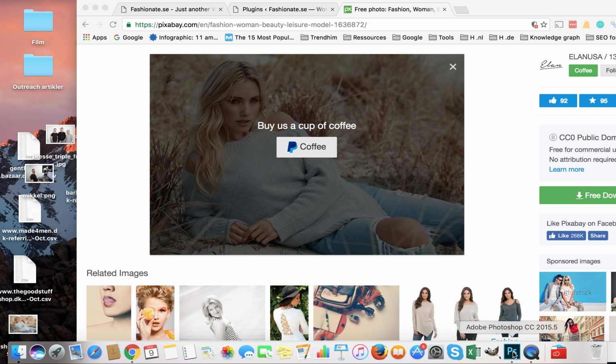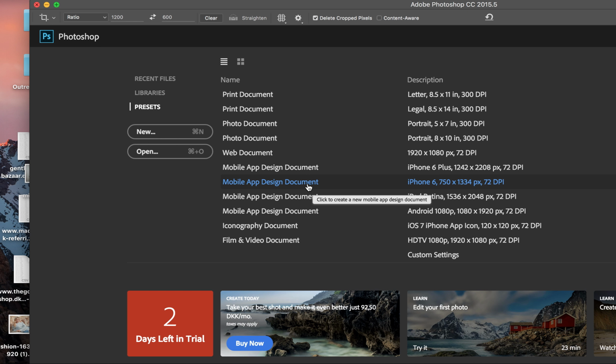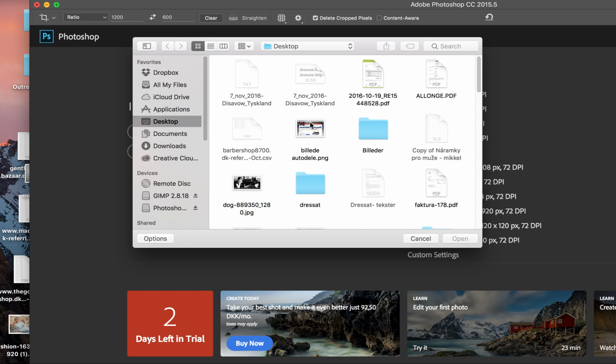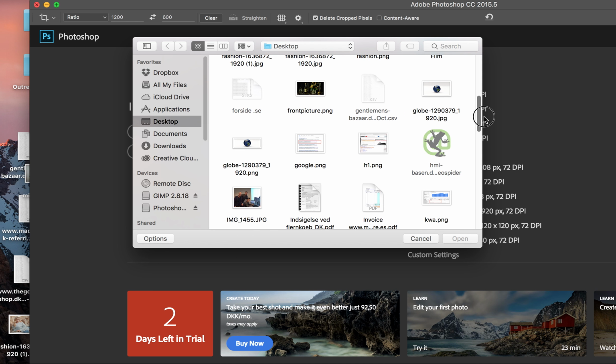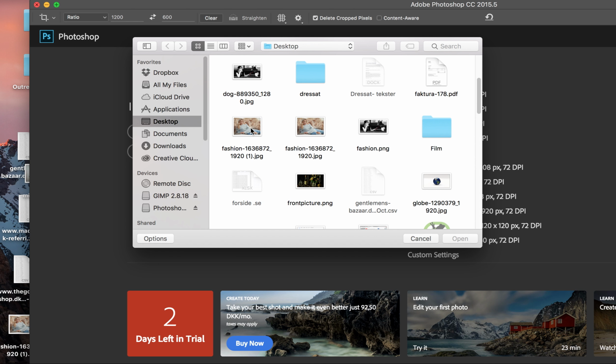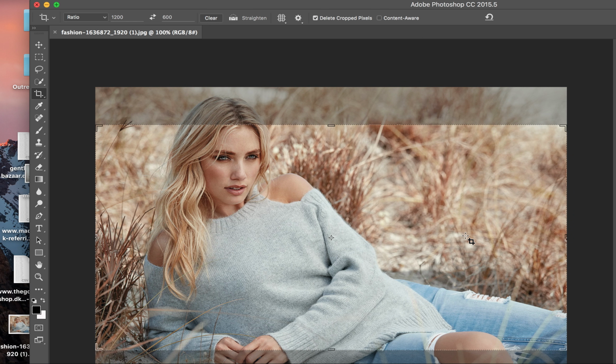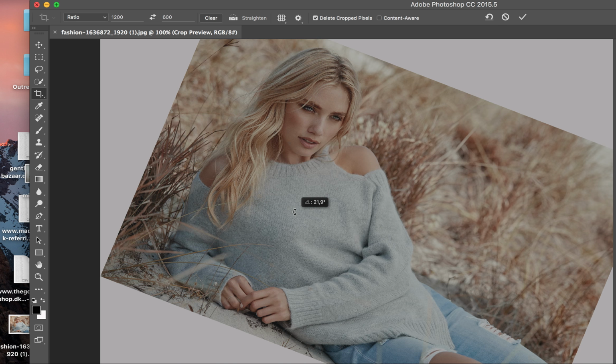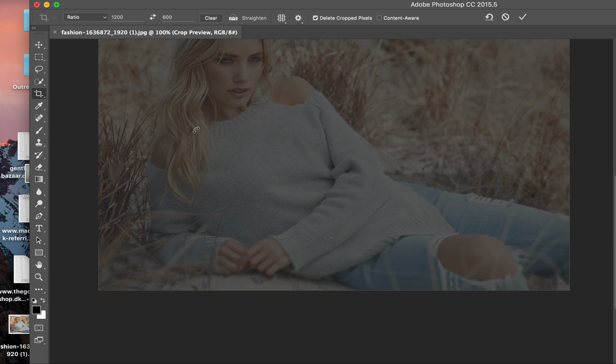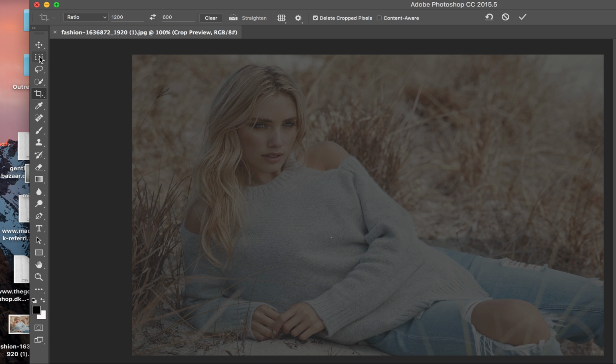And then I'm gonna go to Photoshop and open this picture that we just downloaded. And I want it to be 1200 by something. In this case, it might get difficult to find the right perspective for this picture, but still,